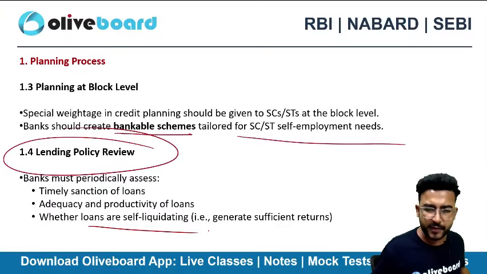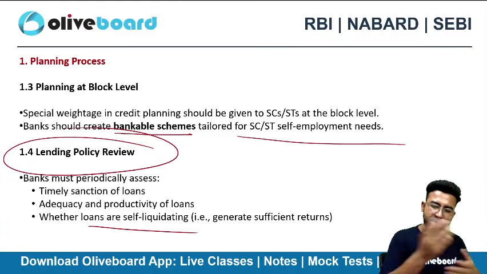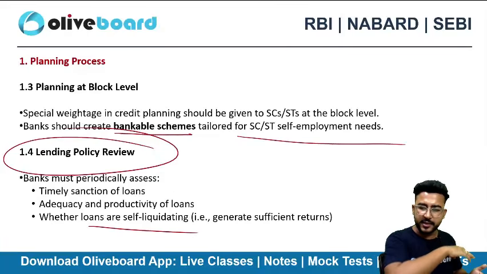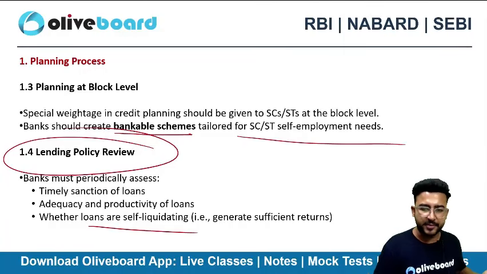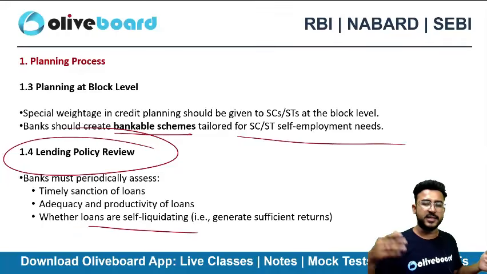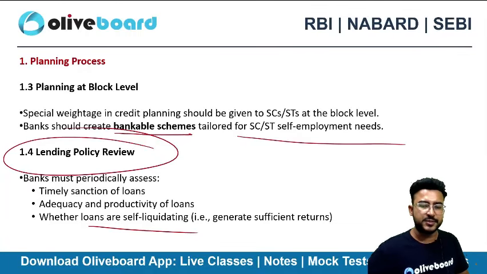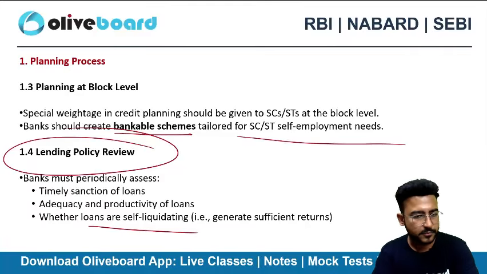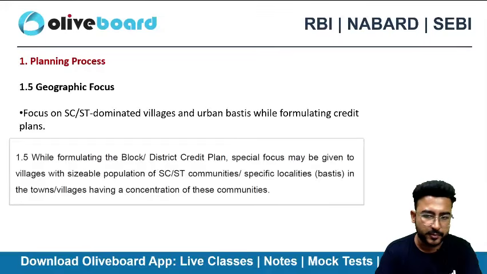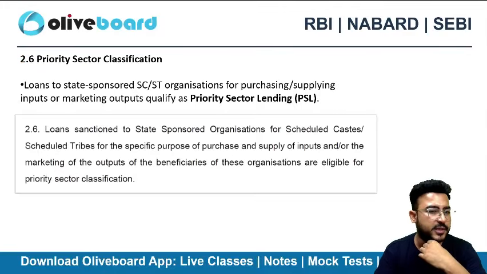Now what do you mean by self liquidating? Are those borrowers able to generate enough cash flow that they can self liquidate the loan? We don't have to write it off as a bad debt, right? We want them to pay it off. So that's a self liquidating loan. They are generating enough returns via employment and different activities so that they can pay the loan. That's what a self liquidating loan is all about. Then the rest of the things are more process oriented.